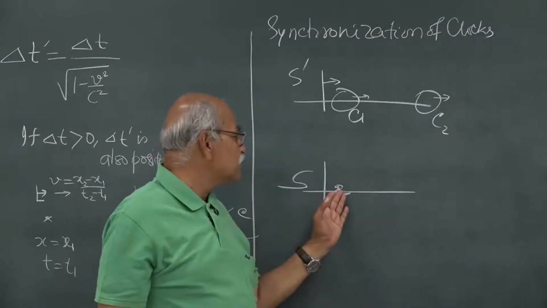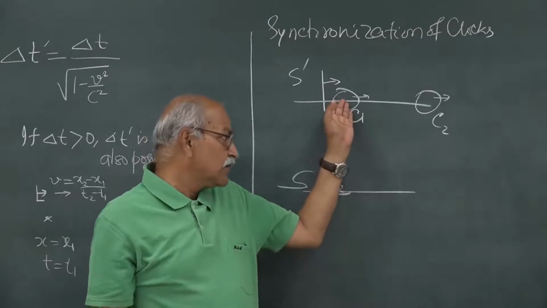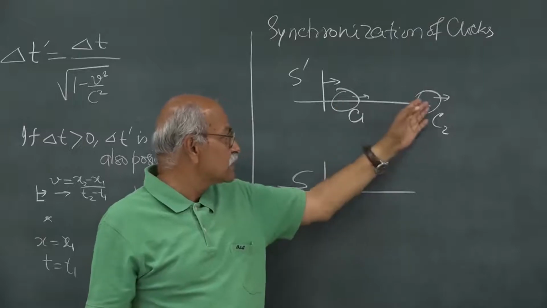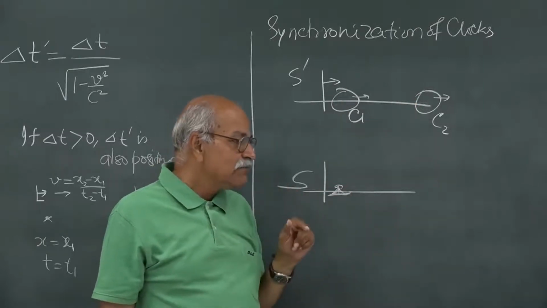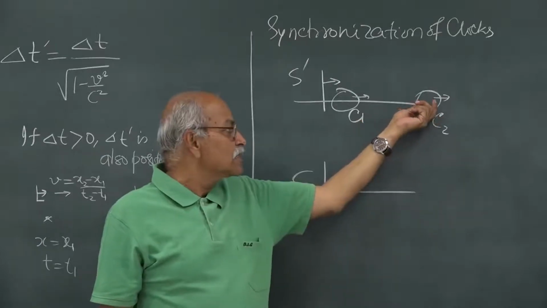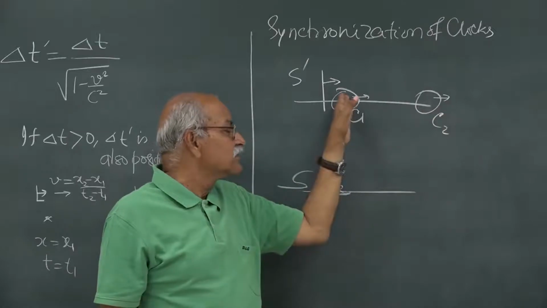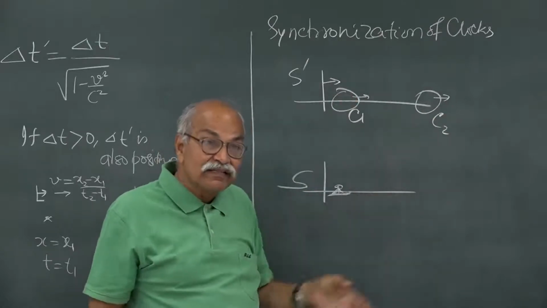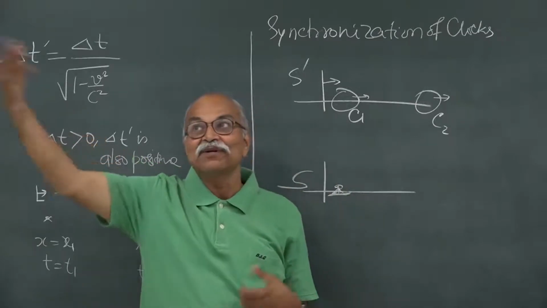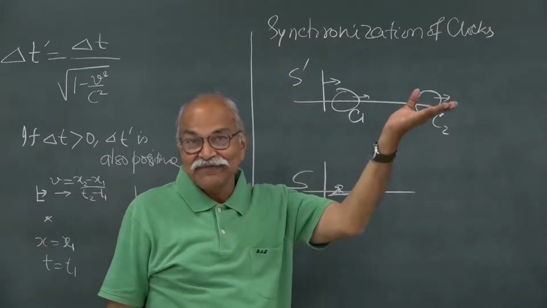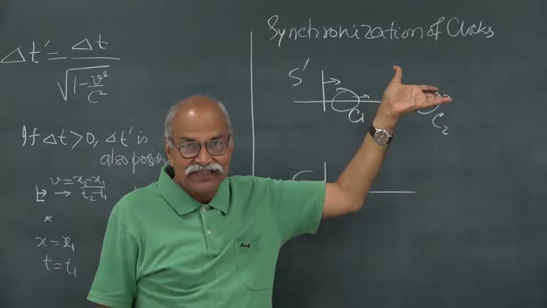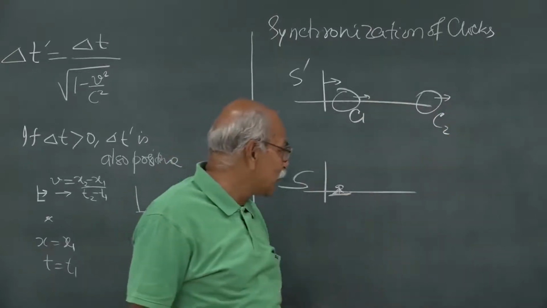So, what this S observer finds is that this is running slow, and this is running slow, at the same rate, which is slower than his own clocks. At the same time they are not even synchronized. One clock is showing more time than the other clock at the same instant. I look at this clock and this clock at the same instant, and I find that one clock is showing more time, one clock is showing less time. That is called lack of synchronization. So, let us see how it works.